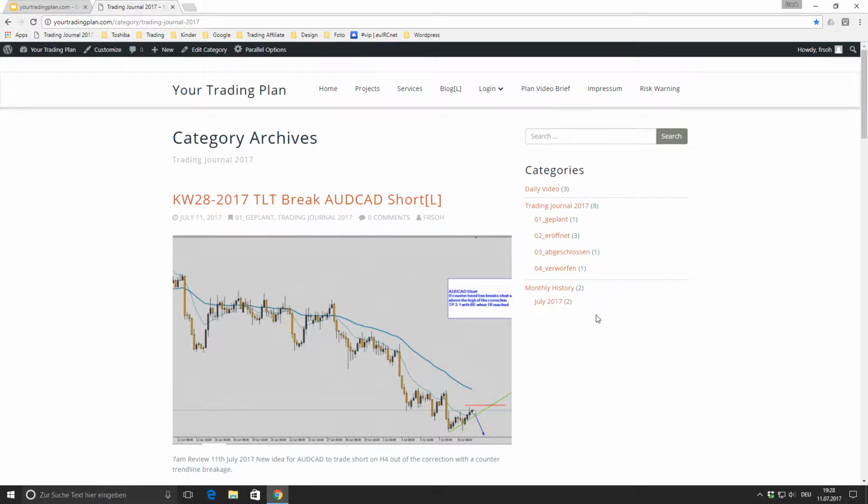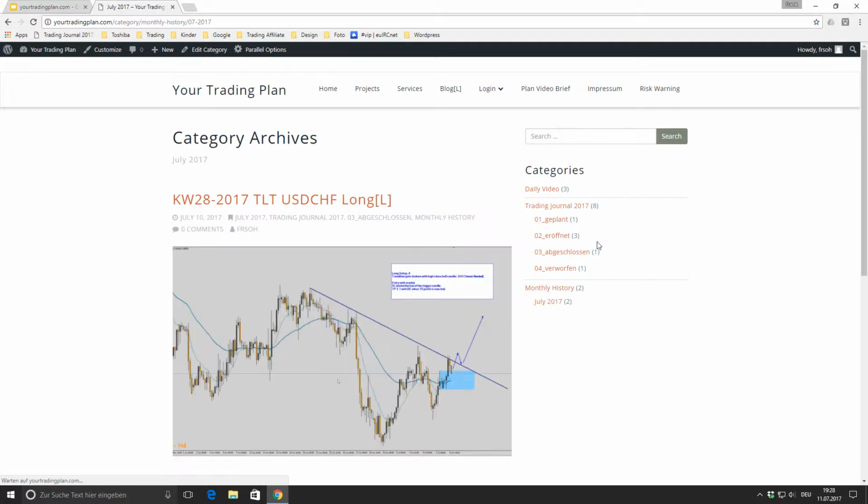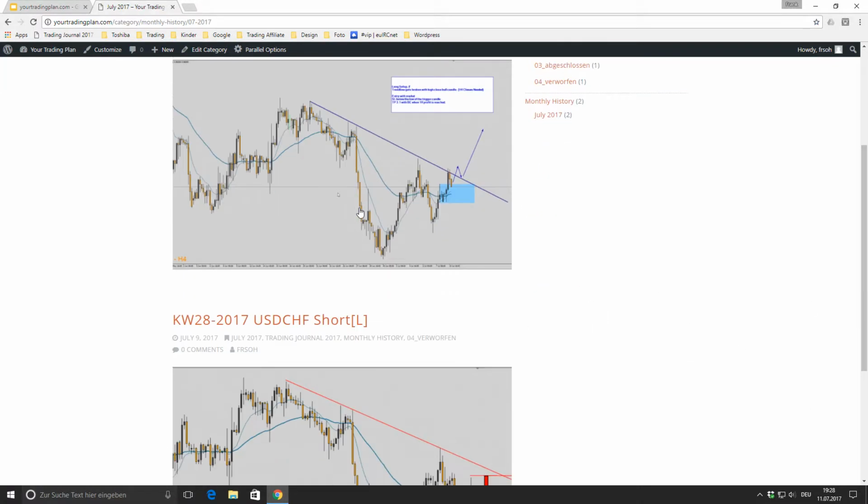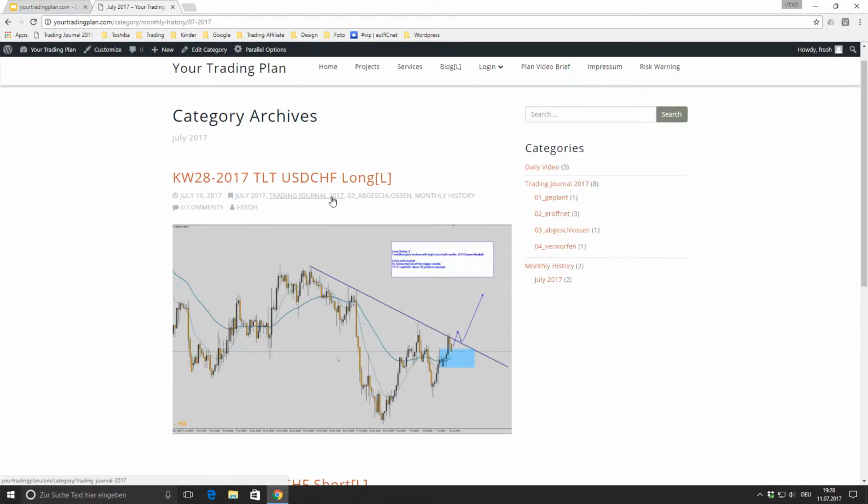So for our monthly review we already have a nice collection of trades, and I can show you this right now. When you just click on the category, you will see listed all our trades which were completed, and this will help us a lot when we go into the monthly review of our performance. You can do a hard copy printout or just analyze them online. So let's get back to the current